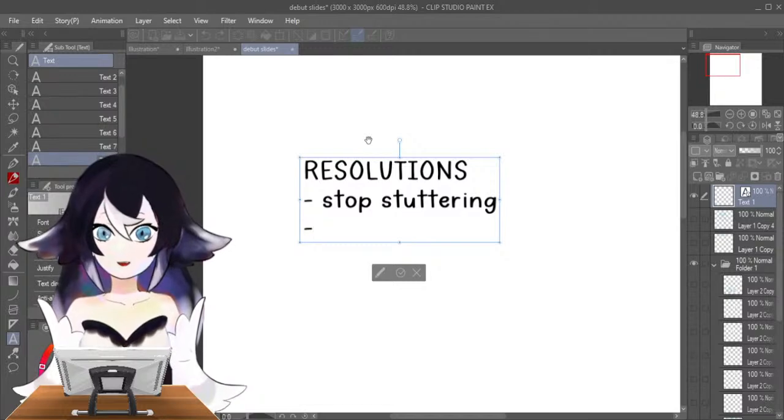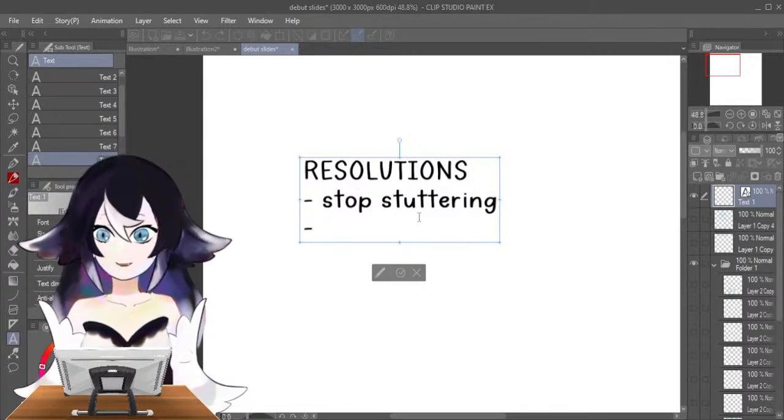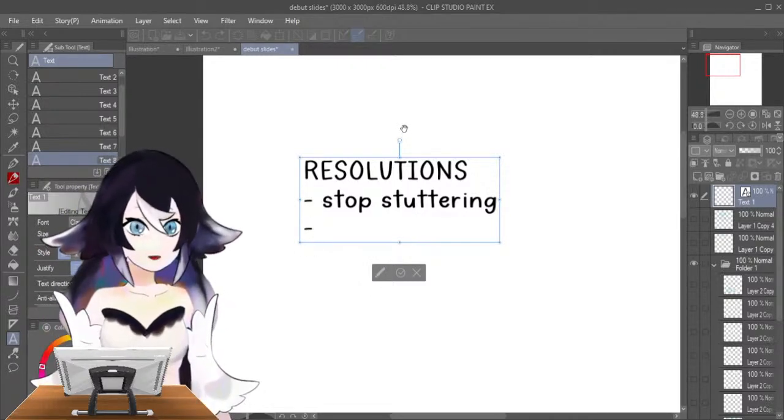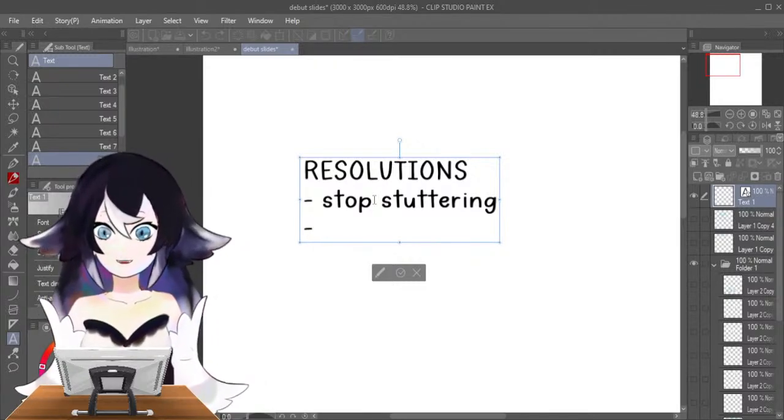Also, when drawing, I tend to use Ctrl-Z quite a lot, so I want to do that less because it's not fun for viewers to watch someone draw a line then Ctrl-Z 20 times before setting it.